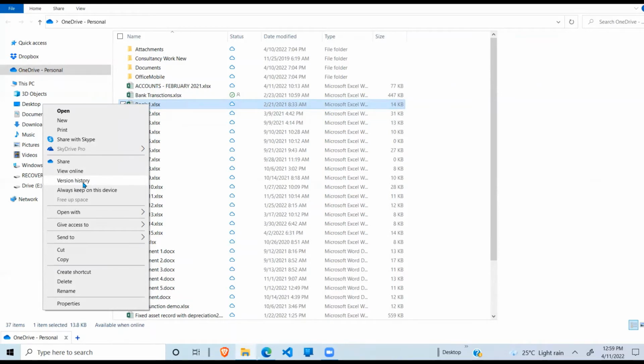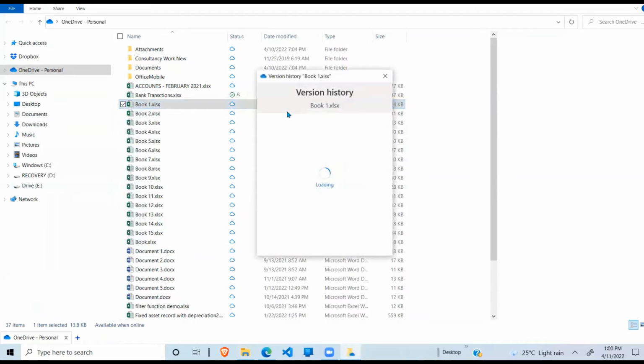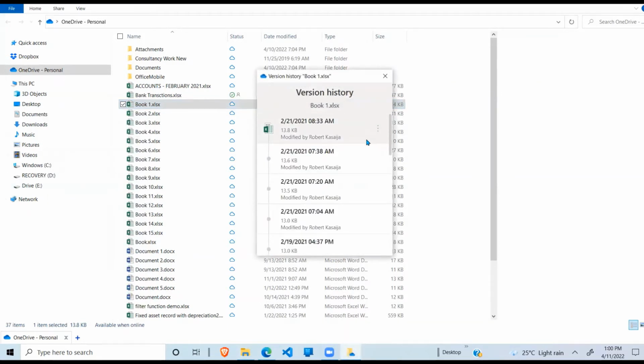I can also look at the version history. Now the version history shows you a historical record of the changes you have been making on this file. For example, this one has a number of them. There's 1, 2, 3, 4, 5. So on this date, there was a change which was made. On this date, there were changes which were made, and these are the different points at which this file was